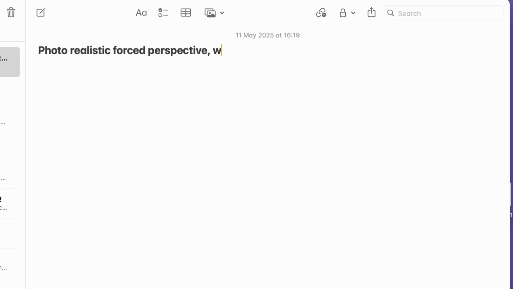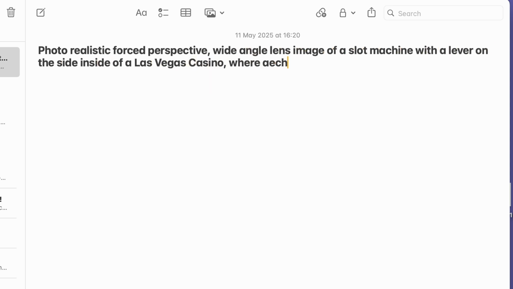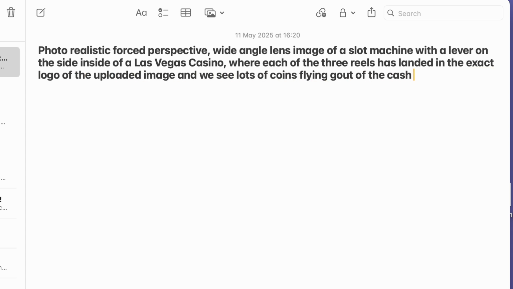The first thing we need to do, as you're probably familiar with, is creating a prompt. So we type into some sort of platform a phrase that we want conjured up. So in this case, a photorealistic forced perspective wide angle lens of a slot machine with a lever in Las Vegas casino with the three wheels winding down and landing on all Three Cherries with a cash payout at the end, please. So what we first of all need to do is create a still image